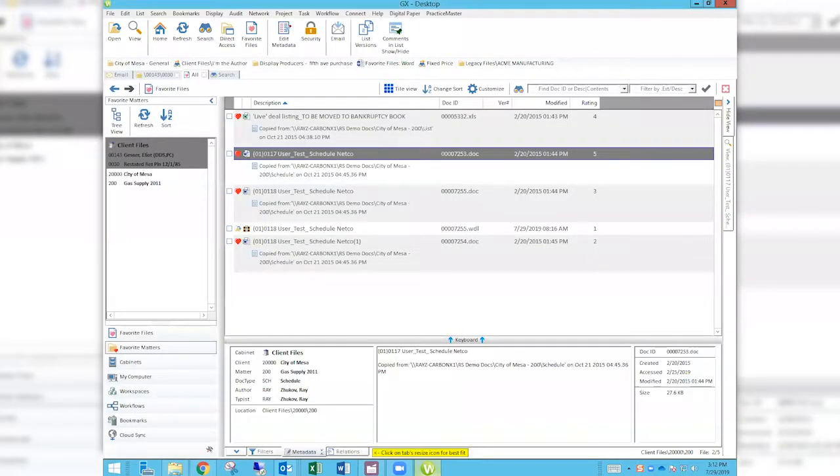This is being in WorldDocs, looking at a document for a specific matter, clicking on PracticeMaster and Open Matter Manager, and going from WorldDocs to the Matter Manager for the matter that document is tied to. Creating a fee record is simply a matter of billing for a document. So if I click on this, it's going to open up PracticeMaster